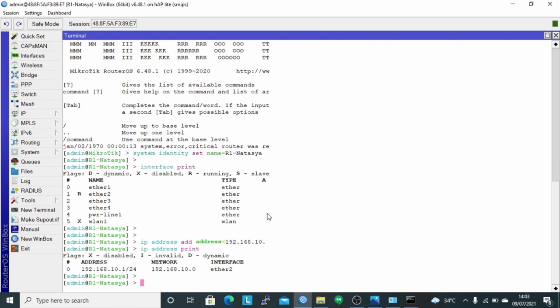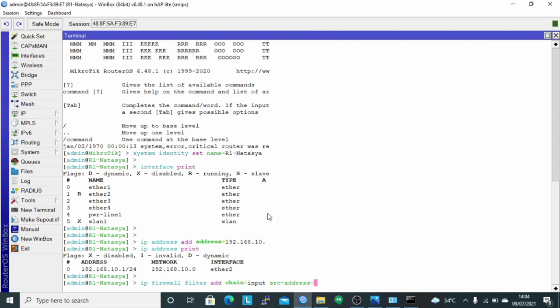Type the command IP firewall filter add chain=input. The source address is the client IP that will be blocked from being able to ping.